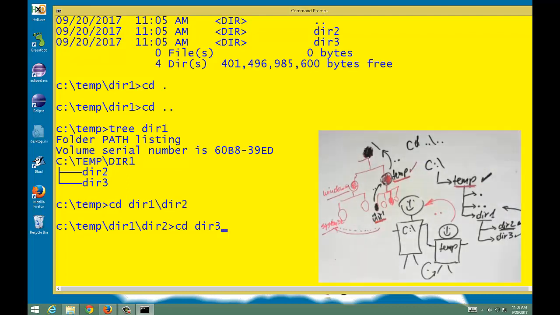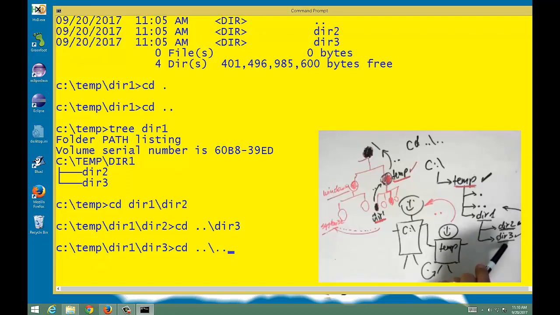So that we can say slash dir3, and now you can see that we ended up in dir3. Okay, so how can we go back to temp? cd .. slash .., right? That way we are at dir3,